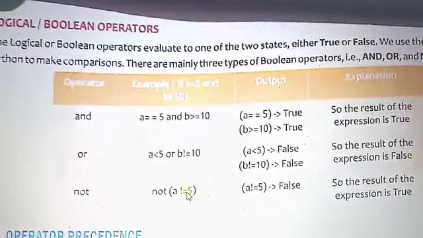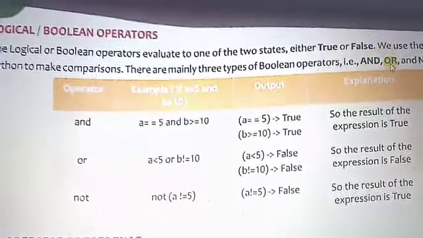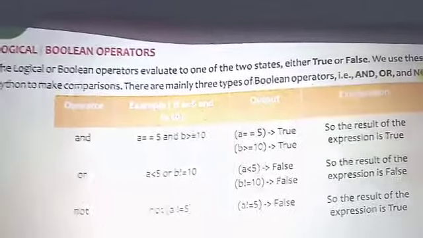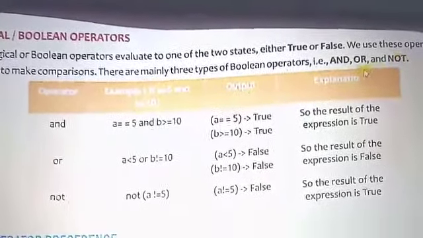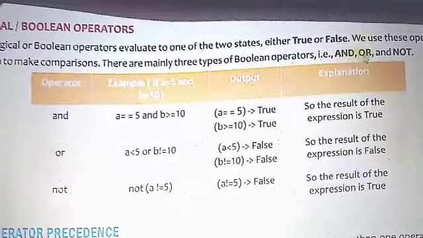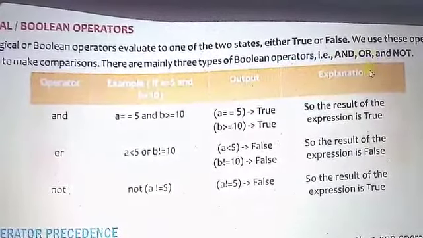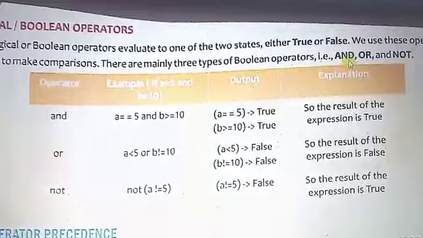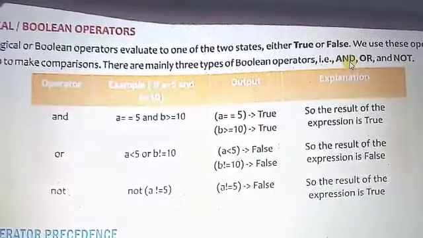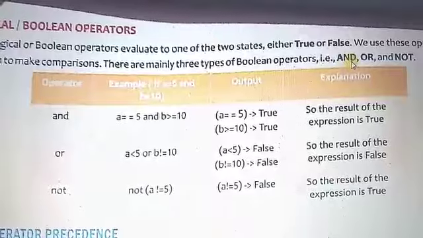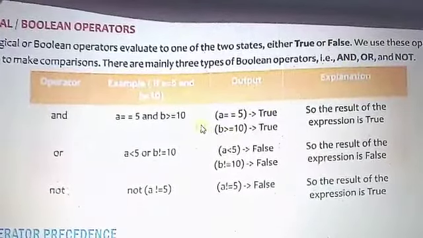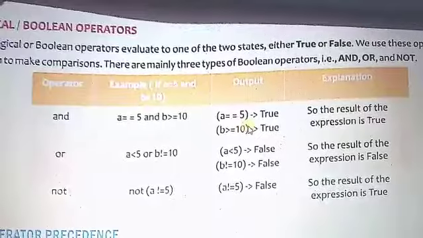Okay, the first thing is that and, or both combine more than one expression, but not works on just a single expression. The second thing is how and, or are calculated as true or false. In the case of the AND logical operator, listen carefully. If all the expressions are evaluated true, then the final output is true.